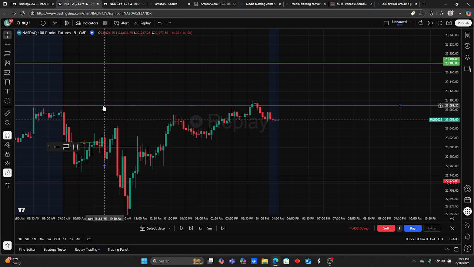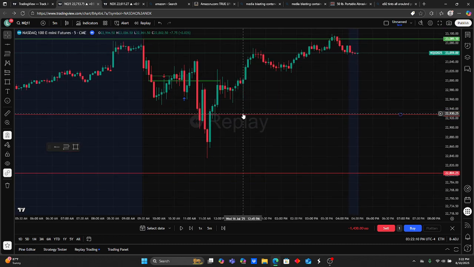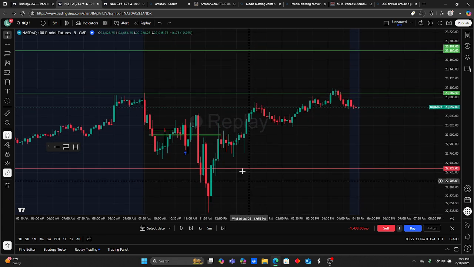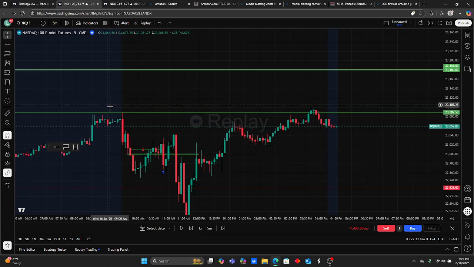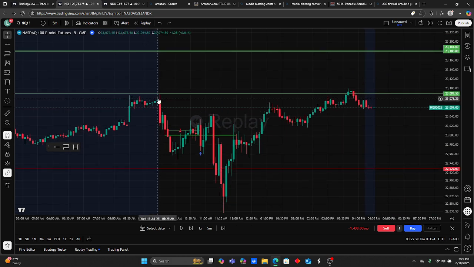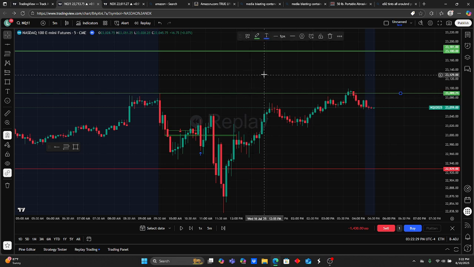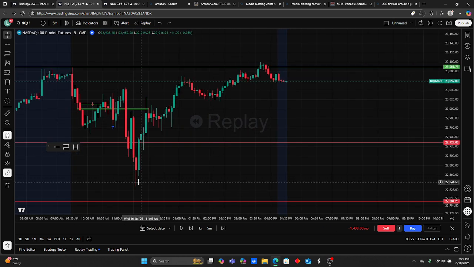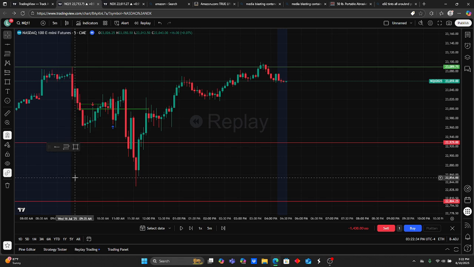So it looks like we eventually, I feel like always last hour, 4 o'clock, it's like they want to fulfill the last objective. And we took out this low. We weren't strong enough to take out this low, but we did take out this high. Here, this kind of equal highs that I mentioned, and not these ones. But this one and this one are pretty close. A lot of people might have moved their sell stops here. But yeah, let's see what happens